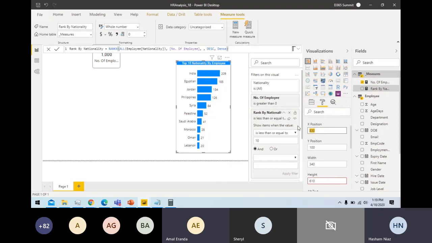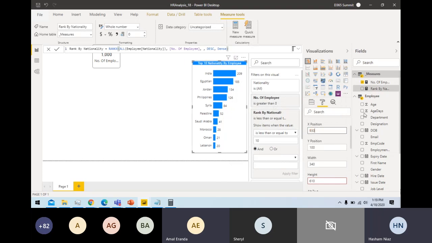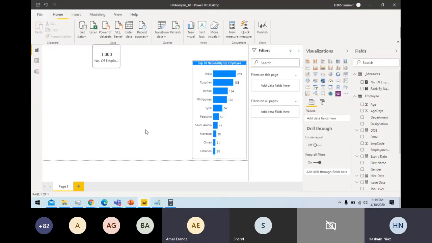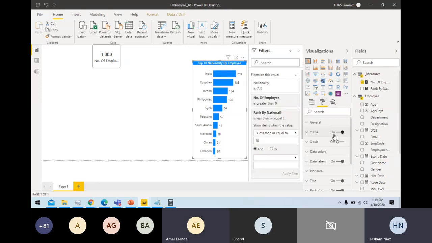Okay, so now we have arranged this chart. So this is how we arrange this chart. You can maybe try 940 as well, see if it works.